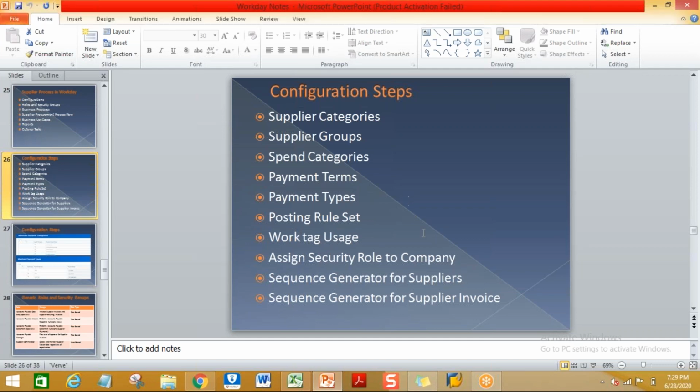data. So here, the configuration steps you have to follow are supplier categories, supplier groups, spend categories, payment terms, payment types, posting rule set, work tag usage, assign security role to the company, sequence generators for the suppliers, sequence generators for the supplier invoice.